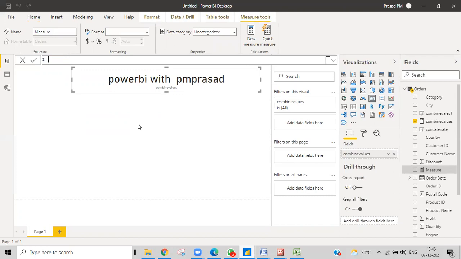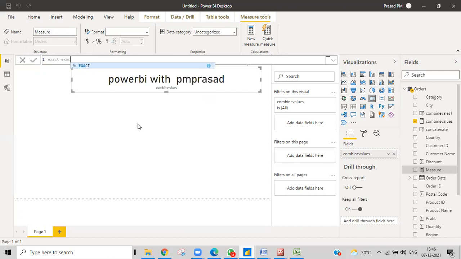The table name and column name can be anything, but I'll write it the same as the function so you can understand what we are trying to write.